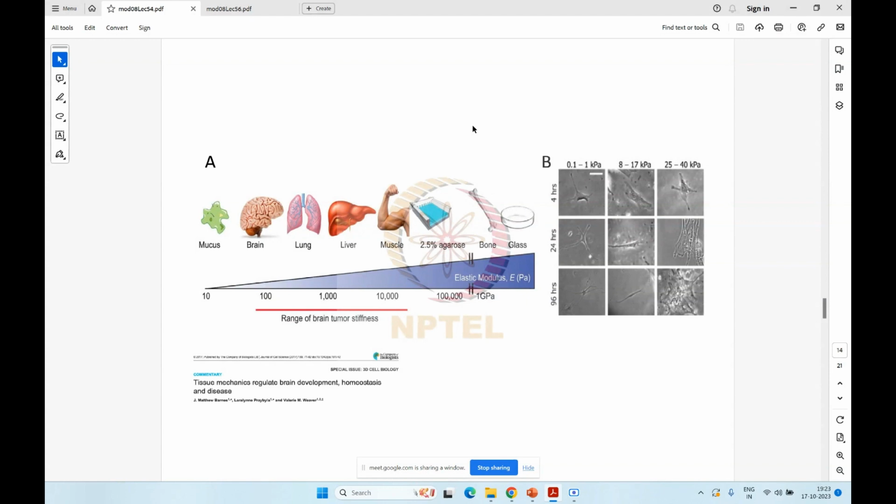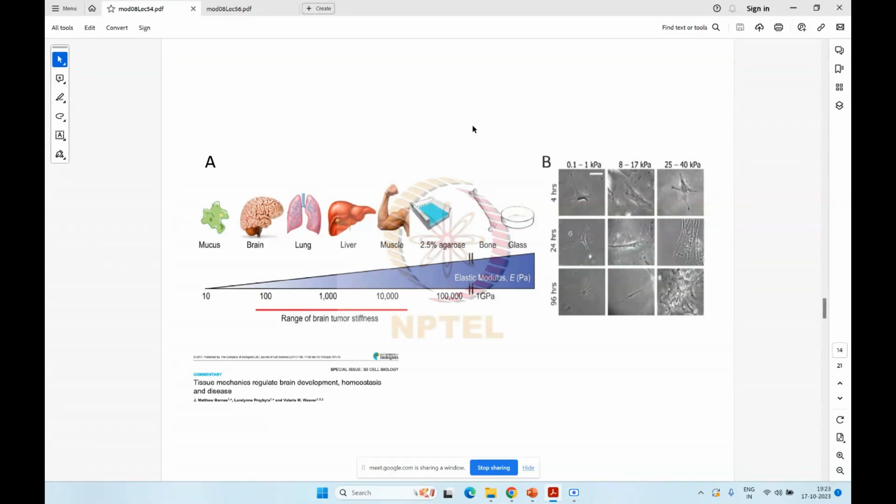They might have different migratory capabilities, all of that. So there is a continuous crosstalk between what the substrate is and how stiff the cell is, and this in turn